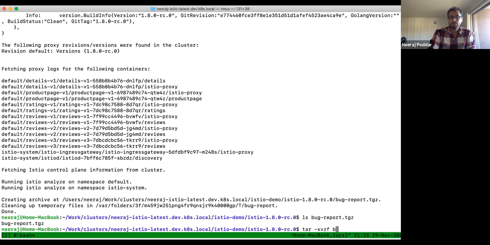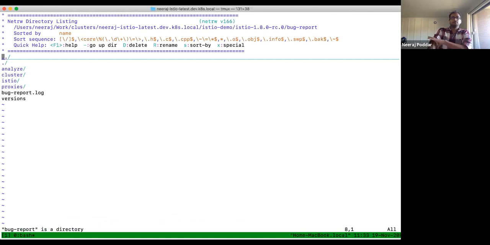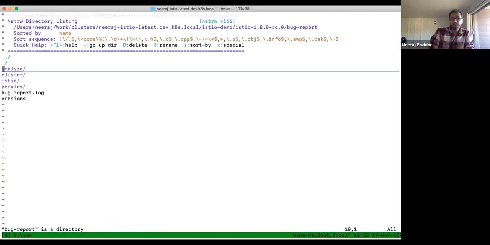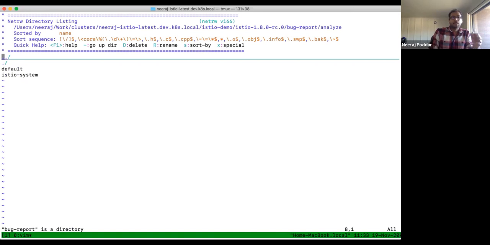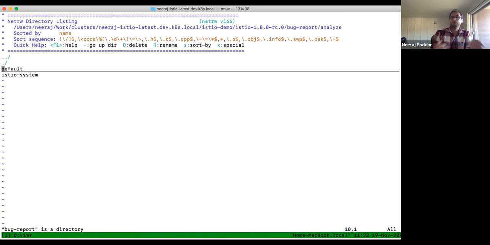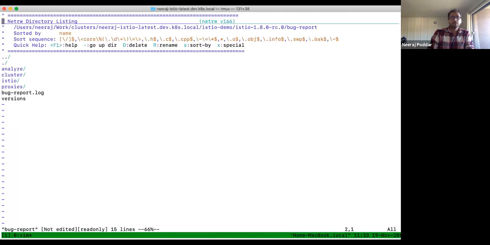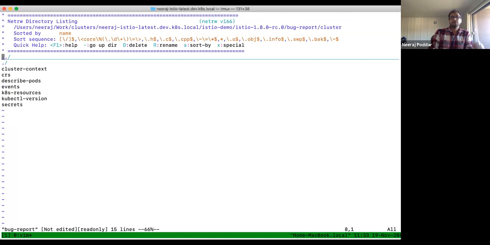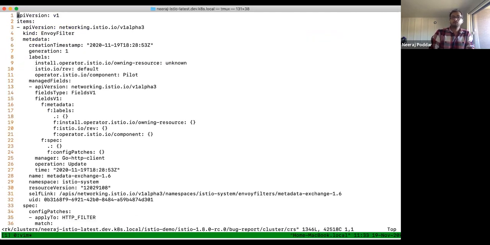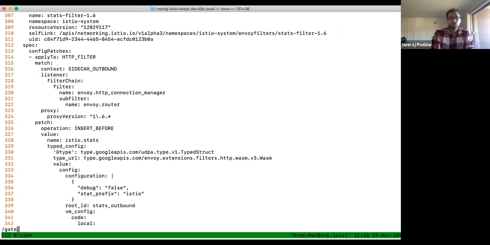All right. So if you see, there's a lot of amazing information here. So it will run istioctl analyze to look at your existing cluster configuration and if there are any issues with that. So it runs it on all the namespaces by default if you have not provided any options. So it is just saying that one of the namespaces doesn't have the injection label. Then if you go to the cluster level information, it just tells you the cluster context, any custom resources. So it has printed out all the Envoy filters that are installed. It should have printed out the gateway resource.